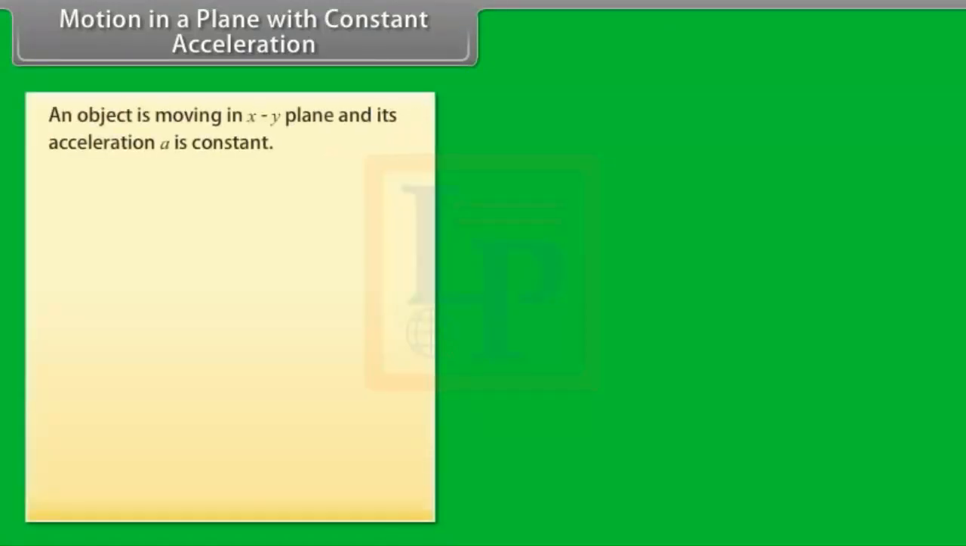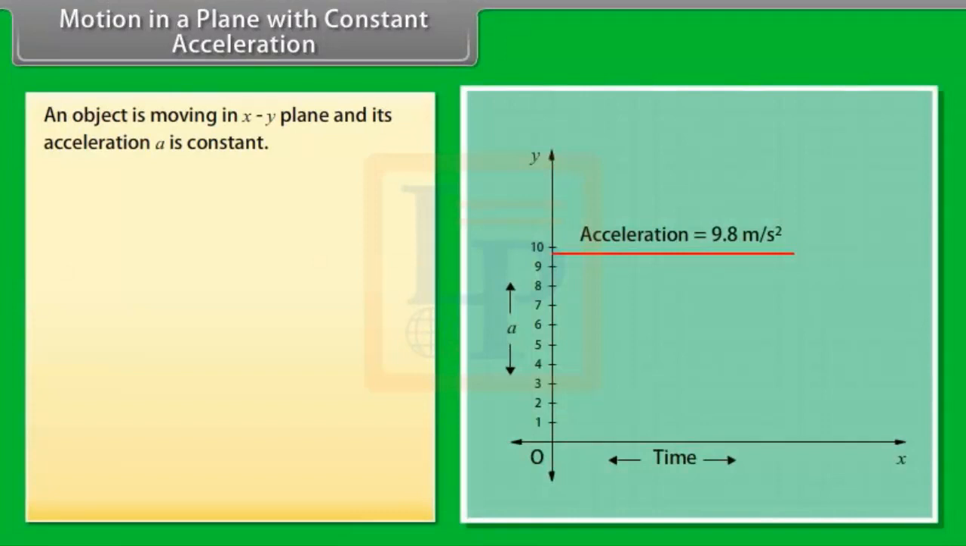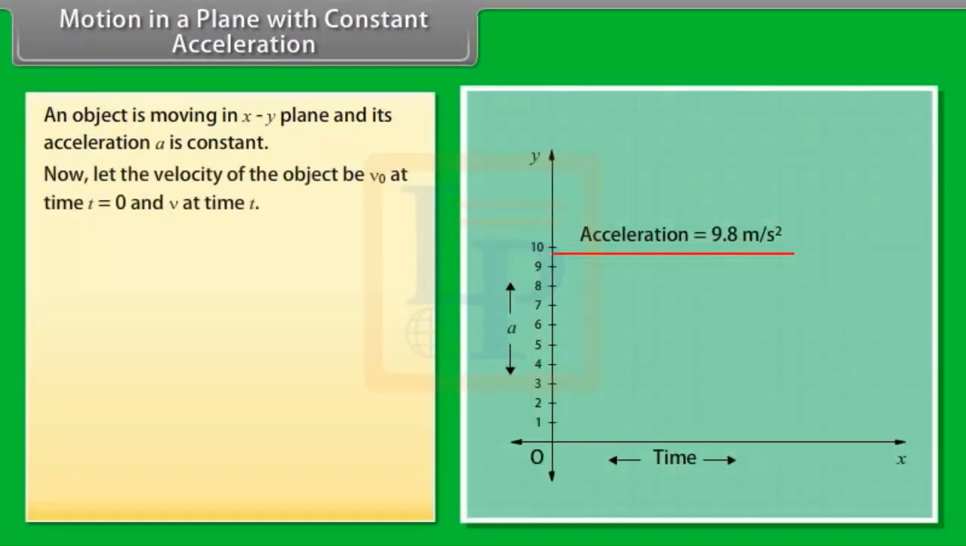Motion in a plane with constant acceleration. Let us take an example to understand. An object is moving in the xy plane and its acceleration a is constant. Now, let the velocity of the object be v naught at time t is equal to 0 and v at time t. v is equal to v naught plus at. This is the equation in component form. We conclude that